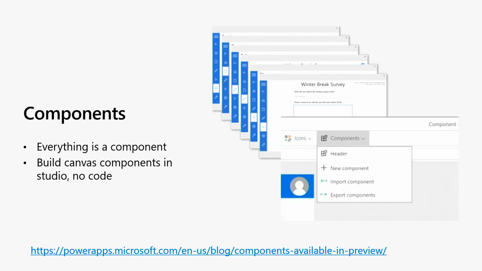Currently, this is something internally we're calling canvas components. In your studio, in the Maker, there's a components menu. What that allows you to do is take a bunch of controls, or say you're building a header which you want to replicate on every screen of your app, or across your multiple apps. You can put all of those together in a component, group them, and then reuse that component in multiple apps,